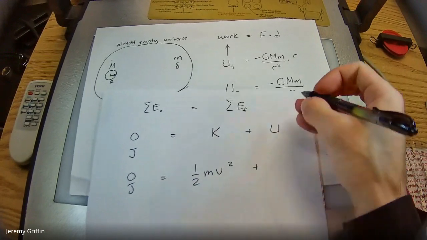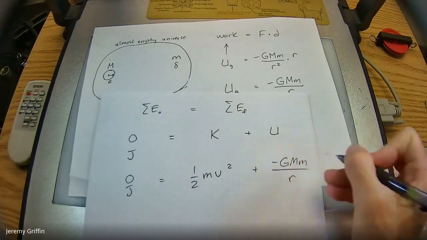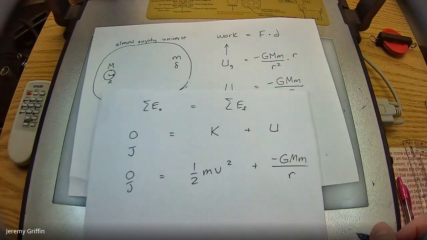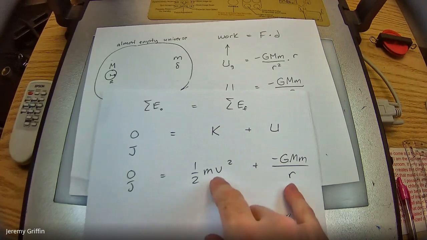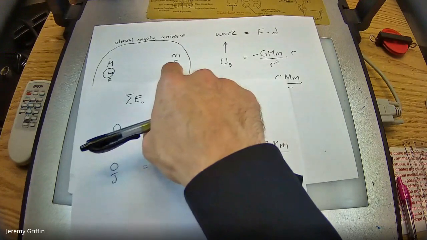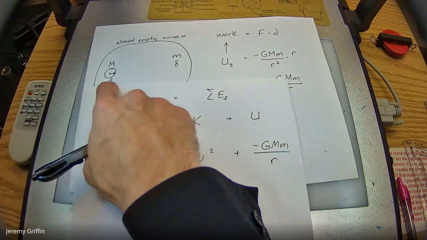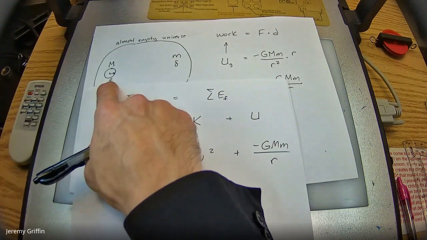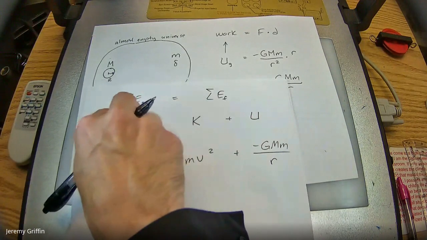And potential energy, well, it's this negative value, negative GMm on R. Could be like that. Okay. Now, where can I go with this? You know what I could do is, when this lab mass eventually crashes into that planet surface, isn't it some distance, capital R, from the center of that planet? Okay. I'm going to go to that point. I'm going to say, here's my initial state, here's my final state.